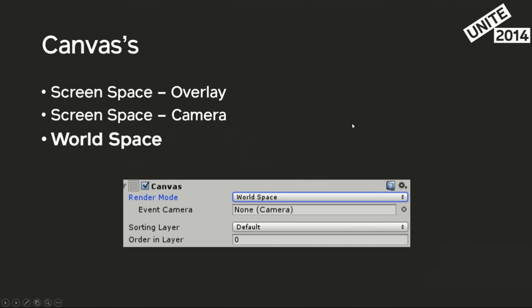World Space Canvas is actually fairly similar to the screen space, except you now get control over the Rect Transform. What that means is it's not driven by anything, where the first two are actually hard set values that you can't change. But the other difference with World Space Canvas is the camera is now an event camera. This ties in closely to the event system, and what this means is if you don't have a camera assigned, it might just use the